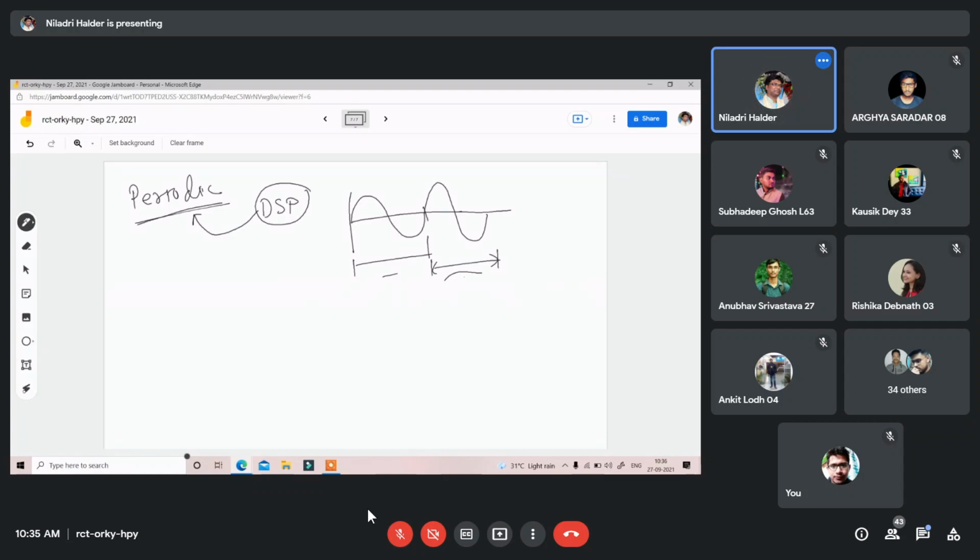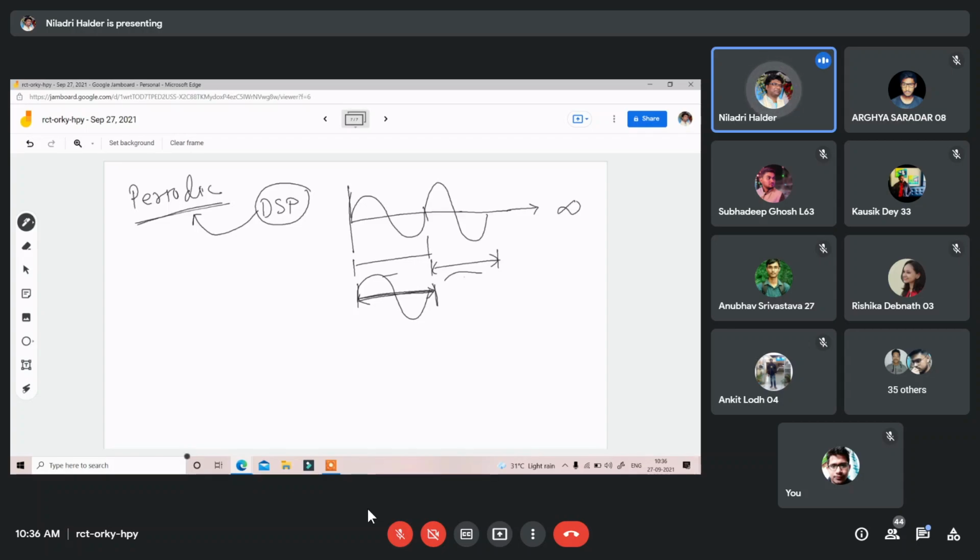Means what? If with a periodic signal you are getting a range of, suppose, infinite range, the finite word length effect that I have told you about, you don't need to choose an infinite range. You can choose a finite range, because within that finite range that period simply continues.